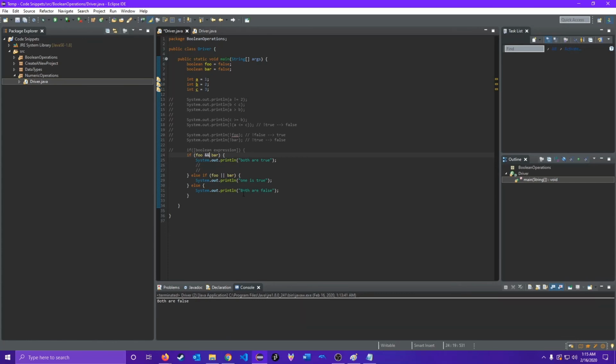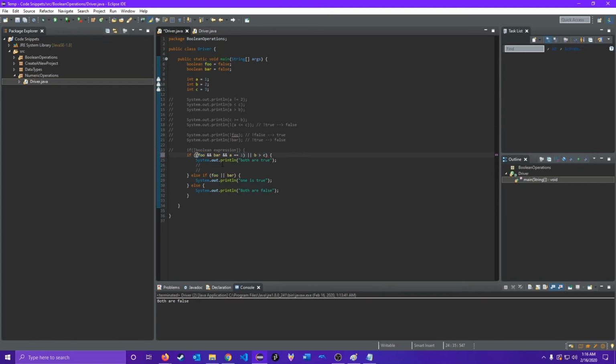And of course, going back to this, we can have multiple of these expressions all linked together with as many ands and ors as we want. So if foo and bar and a equals 1, right? We can just keep going. But as soon as you start mixing and matching, then you have to make sure that you're being very clear, because Java will let you do this, but it's not clear what we're separating, like as long as what and what or what. So that's when you got to use parentheses, because I can have parentheses here,